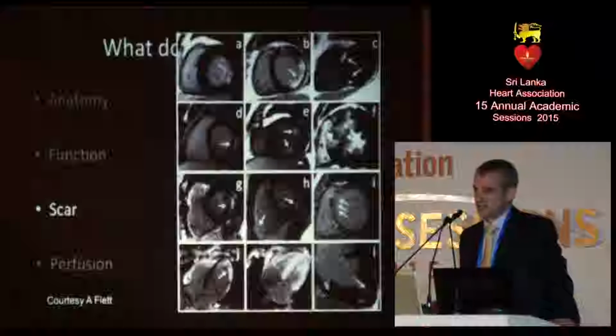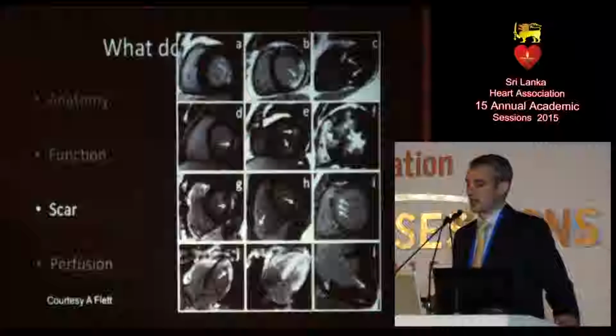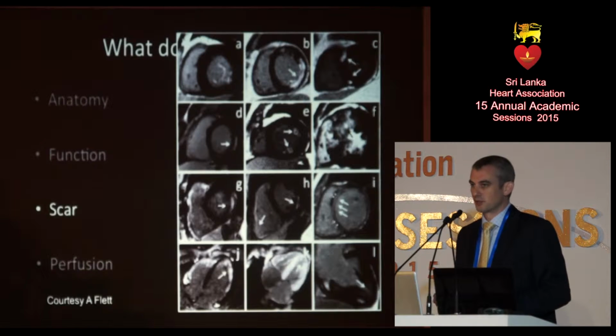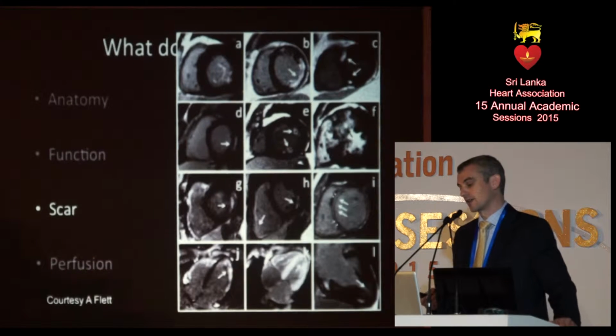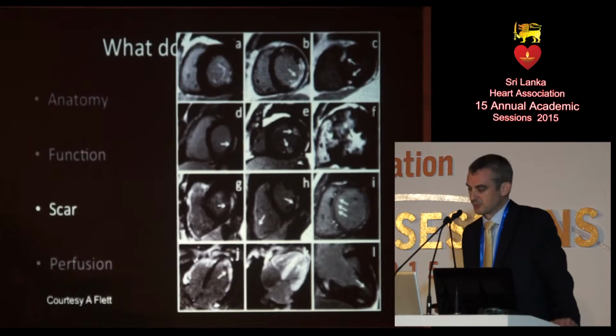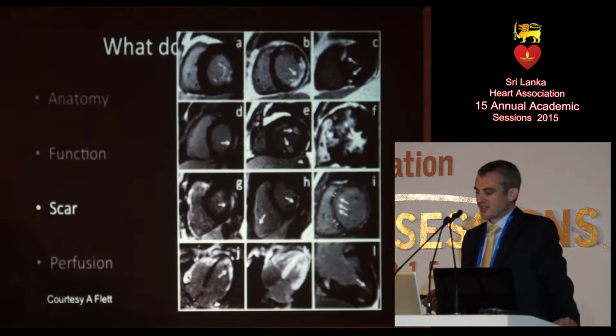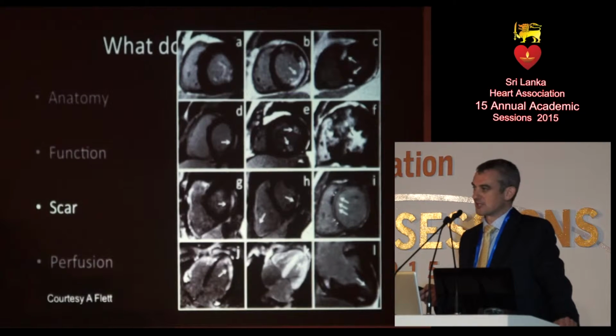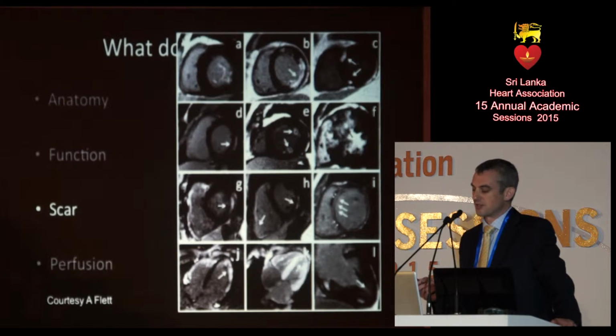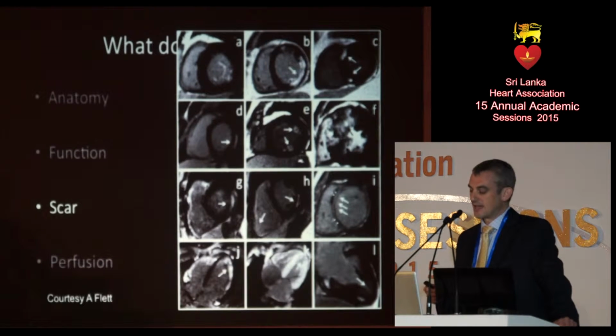What we're learning to do is understand the various patterns of scar. As we do more and more MRI imaging, we're recognizing different patterns and what they mean, and what that means for the patient in terms of diagnosis, prognosis, and management. So C is actually a patient with hypertrophic cardiomyopathy. You can see there's some scar in both superior and inferior RV insertion points. It's actually pretty common to see scar in those areas,